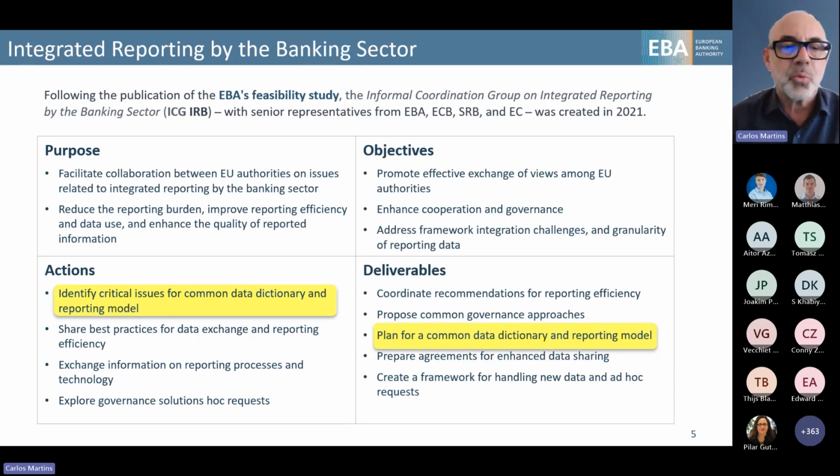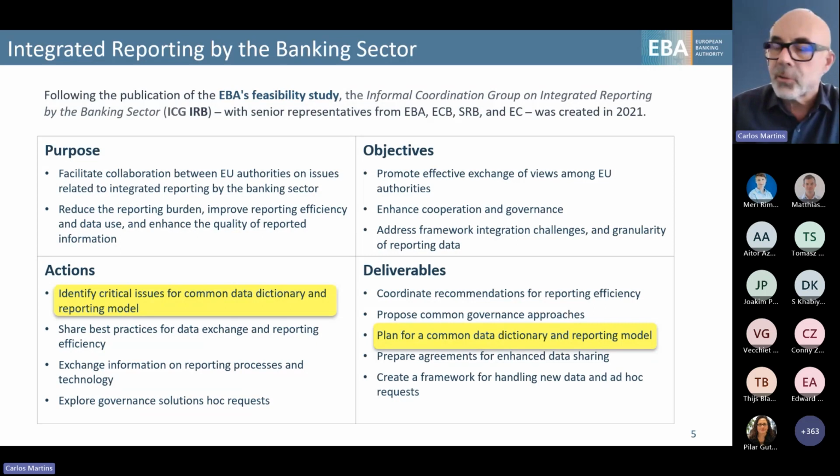The group is supposed to identify the critical issues for building a common data dictionary for banking reporting, and also to plan for the delivery of such a model.